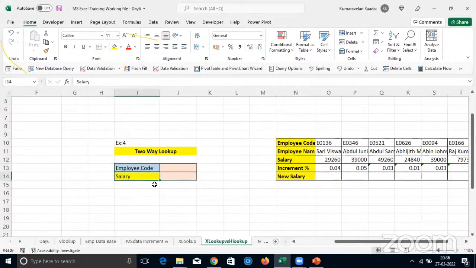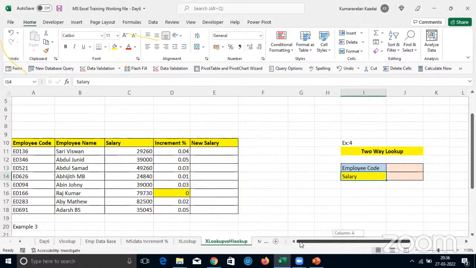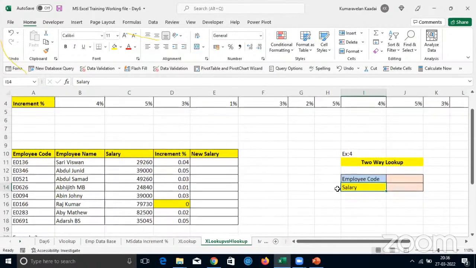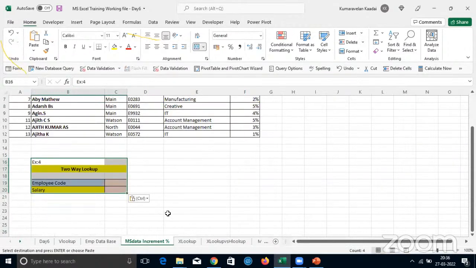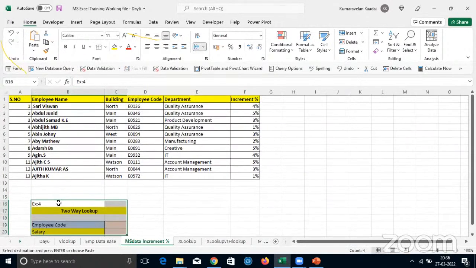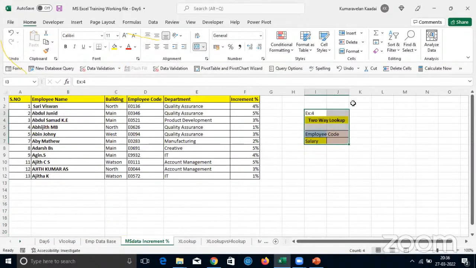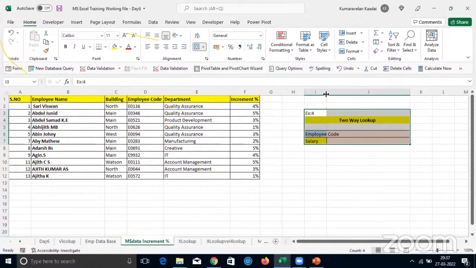Employee code is here and then salary also here. So what I need to do is from this table. Let's take from this table. I will keep it here so it will be easy for you to see. Okay, keep it here and I will explain. See,